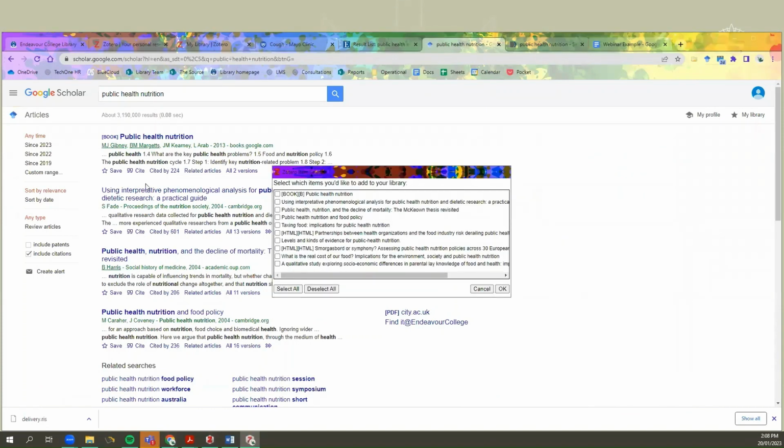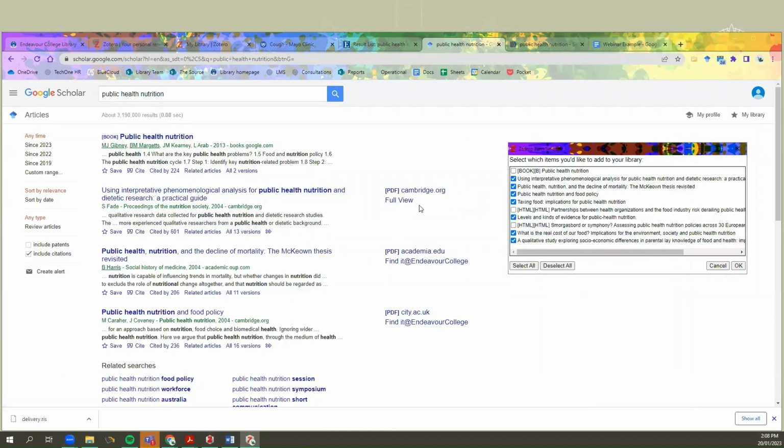We move on to a Google Scholar search. The same thing, we have that little folder and it just detects everything that's in our search. So we're just going to select the ones that we do want to move over. And when you're using Google Scholar, keep in mind that not everything is going to be available at Endeavour College. This one isn't. This one isn't. So we're only going to choose the ones that either are available at Endeavour College